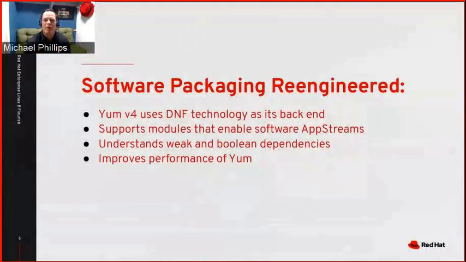There's also Boolean dependencies where someone who's an RPM developer might say you need this or that. You need this and this in terms of package versions. So Yum understands that. And so all these little pieces, there's performance improvements under the hood with Yum as well. So for you, you might not notice a bunch of stuff off the bat. For me, I started noticing modules, right? I started seeing these weak dependencies. But again, those